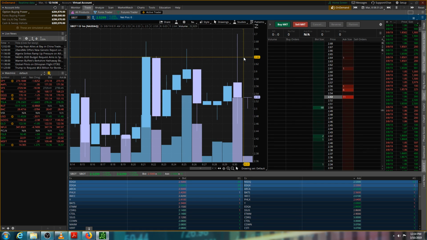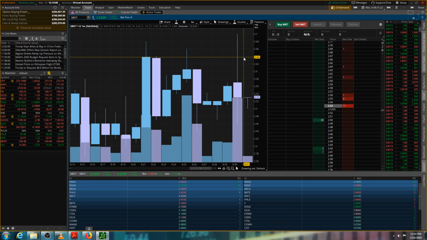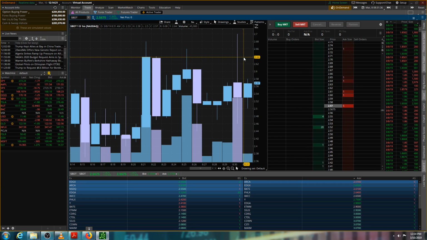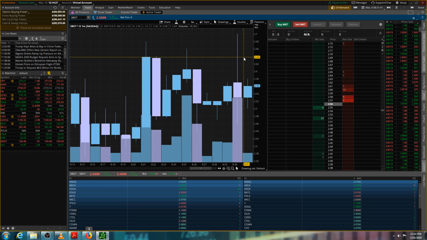Yeah, exactly the same thing happened to BPTH. Yeah, I did. And people made off like bandits that held. Yep, I see the huge bids of support, but support can become resistance. Exactly. That's how a stock works. Every time it goes through resistance, it becomes support. Support becomes resistance. That's the name of the game. It's crazy once you really know what that means. It's easy to say, but